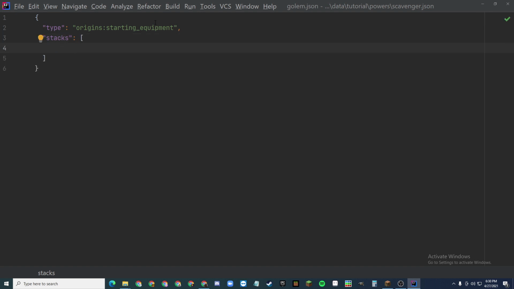Okay, so in here is where we're going to put the items we want. I put in more brackets right here, and then in here we go item, Origins, no, Minecraft shovel, iron shovel. Then you can just copy and paste that if you're lazy like me. You can go Minecraft potato, and then beneath that, count,